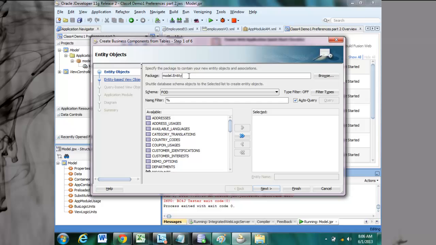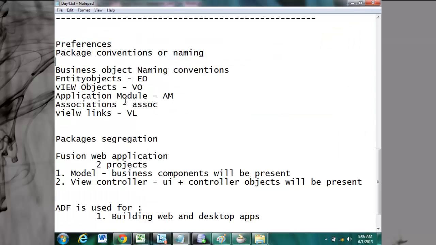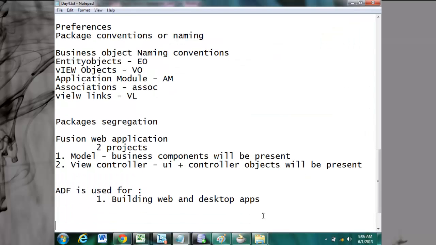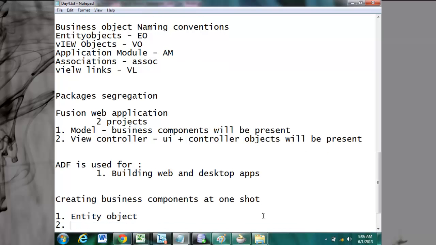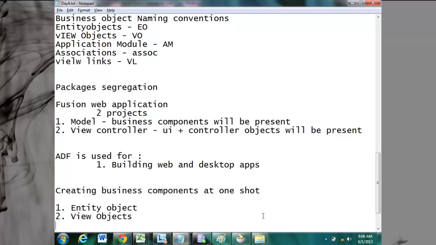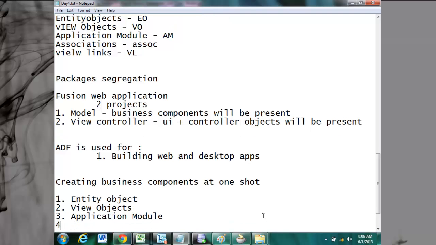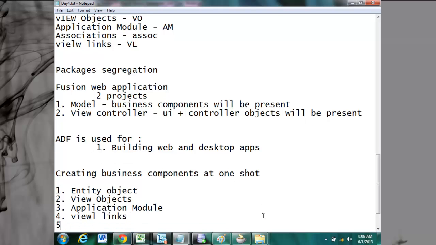Is it okay? Now see here, I am creating. Now the next one, what we are doing is creating business components in one shot. What are business components? Entity objects. Now I will tell you, there are some things. View objects, next application module, next view links, we saw it on day one, please remember. Next is